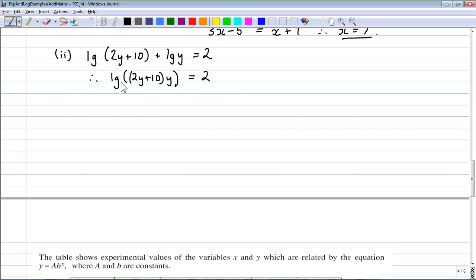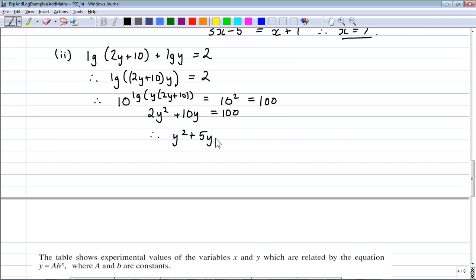Now if I'm trying to solve this equation, I need to get rid of the logarithm, so I'm going to use the inverse function. 10 to the power of LG y(2y plus 10) equals 10 to the power 2. Well, that's just 100. So this cancels the logarithm and I get 2y squared plus 10y equals 100, and therefore, now we can cancel the 2 here, can't we? y squared plus 5y minus 50 is equal to 0,